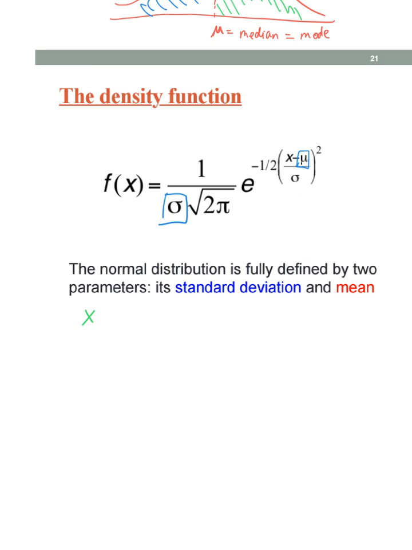If we have x following a normal distribution with mean mu and standard deviation sigma, I will just use a general notation. Mu can be any number, and sigma can also be any number. If I fix sigma at first, and change the value of the mean, I can find out for my bell-shaped curve